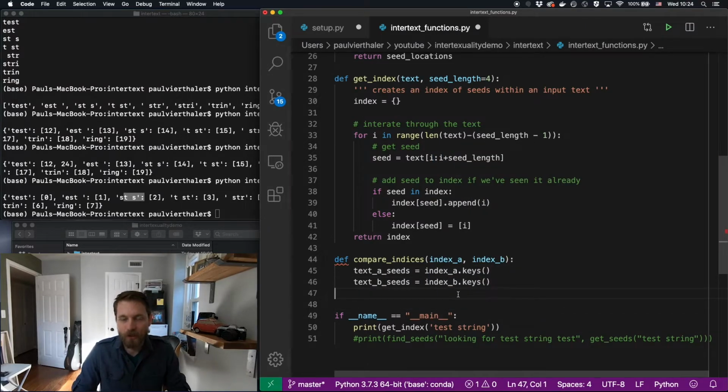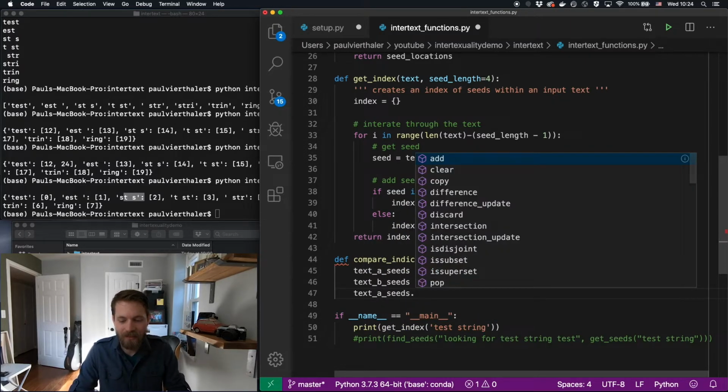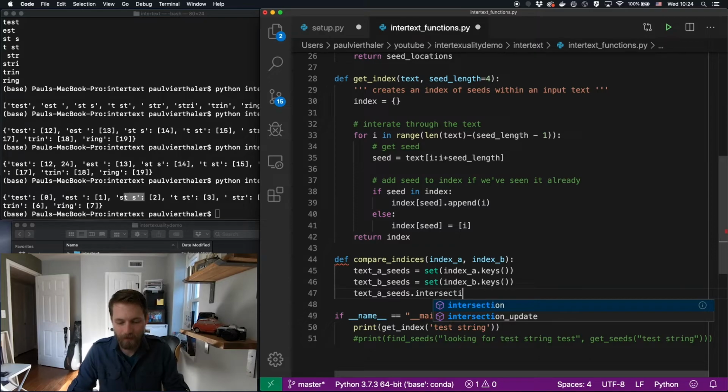Now I want to take advantage of these lists of keys, so I'm going to turn these both into sets. This creates a set object that contains unique values. And one of the cool functions that comes along with set is that I can say text A seeds dot intersection